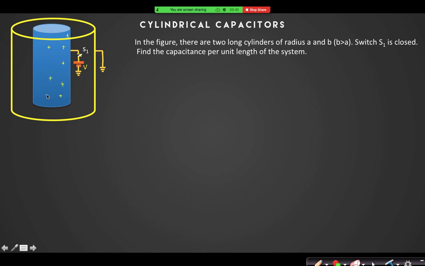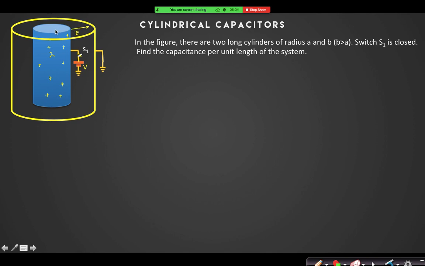As it is a very long cylinder, you can assume that this charge is lambda coulomb per unit length. So if there is a charge here, can I find the potential difference between these two cylinders? To find the potential difference, let me first calculate the electric field